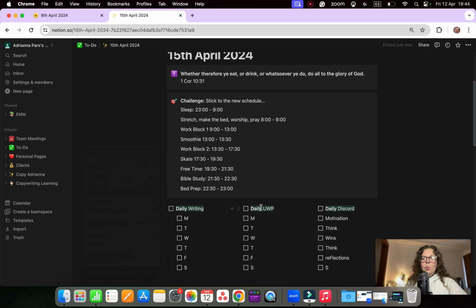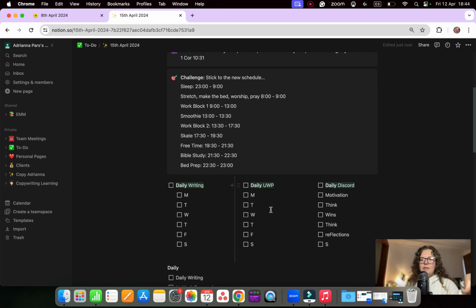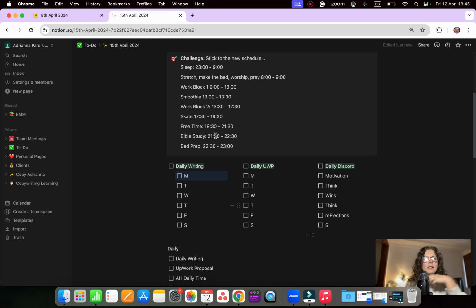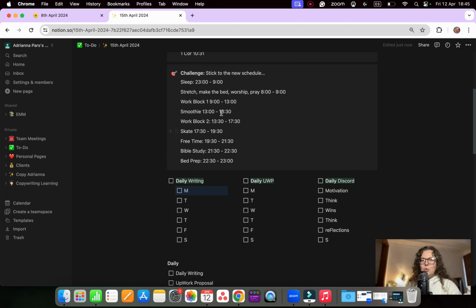And then what I have is certain tasks that I have to do daily. So I like to just have them listed out here. And this is me working on my consistency. And the way to keep myself accountable is, I've got the daily task, which is, for example, daily writing. And I have Monday, Tuesday, Wednesday, Thursday, Friday, Saturday. So I would just tick them off to show me how I did so I can track my progress.